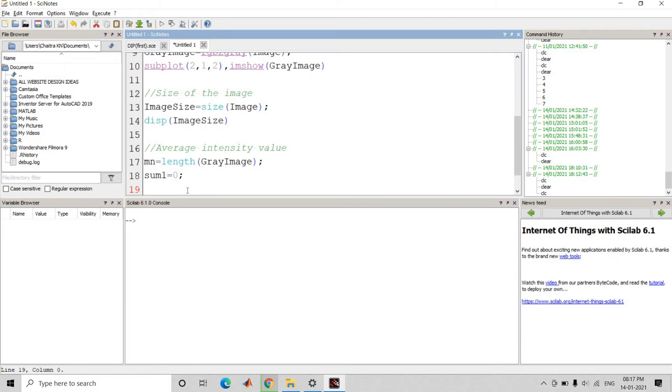For averaging, we have to divide by the row and column size of that image. So for i starts from 1 to length of gray image.